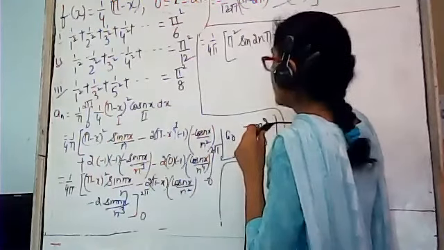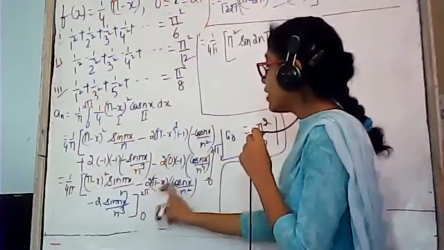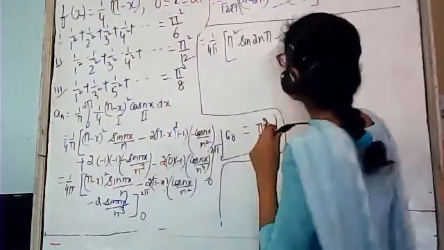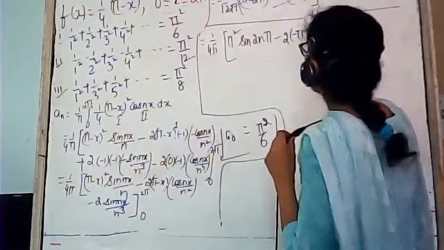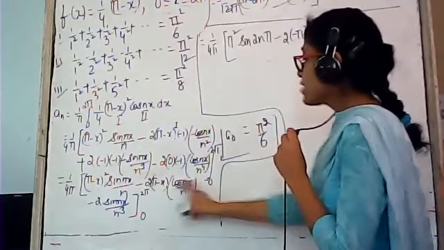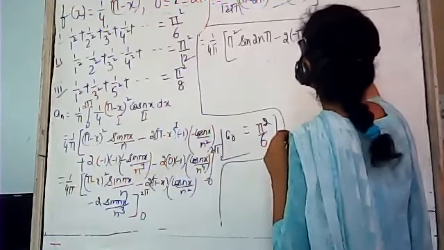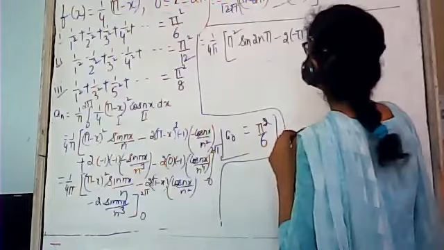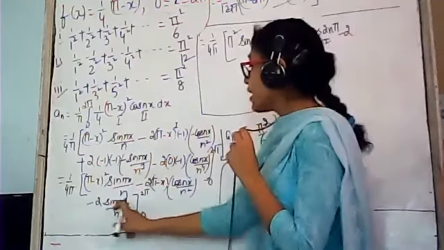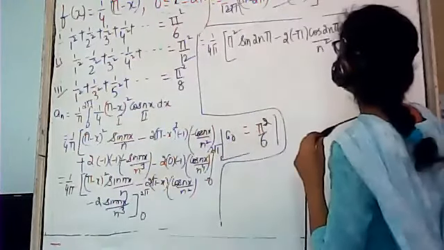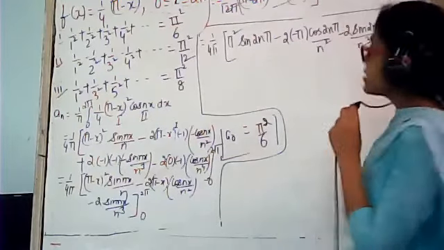Minus 2 pi minus x. In the place of x, we have to replace 2 pi. This is pi minus 2 pi, which will again be equal to minus pi, into cos nx. In the place of x, we have to replace 2 pi. This is cos 2n pi divided by n square, minus 2 sine x, this is again 2n pi, divided by n cube. This is the upper limit.